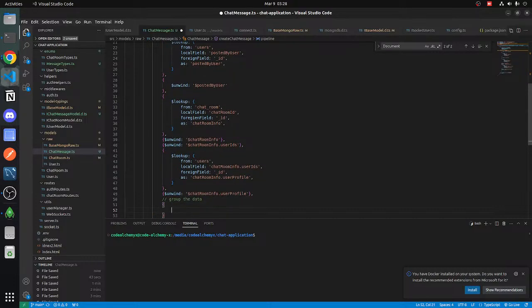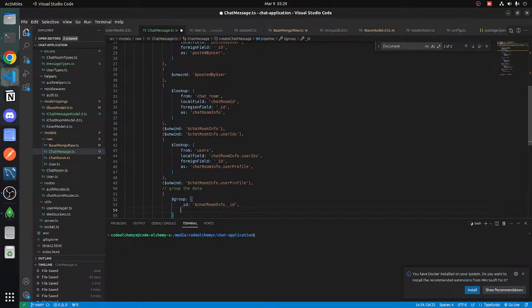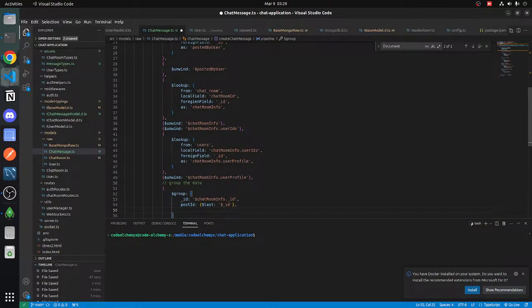For that we will be using $group, and in here _id is equal to $chatRoomInfo._id, then postId, which will be something like $last: $_id. Okay, then again chatRoomId, which will be